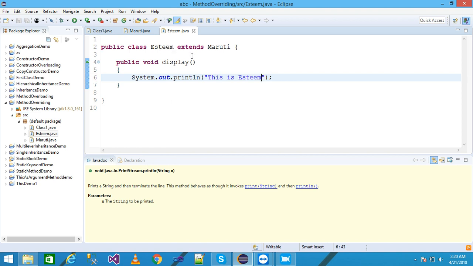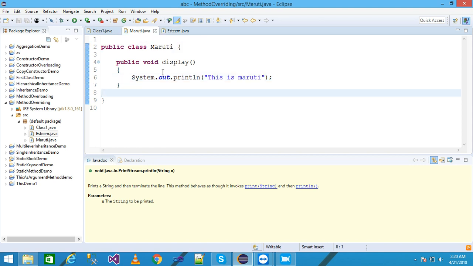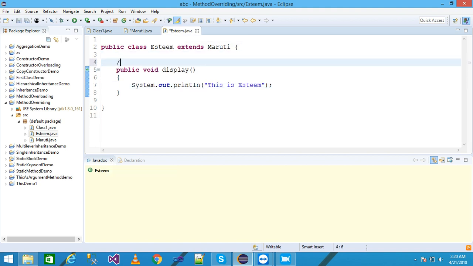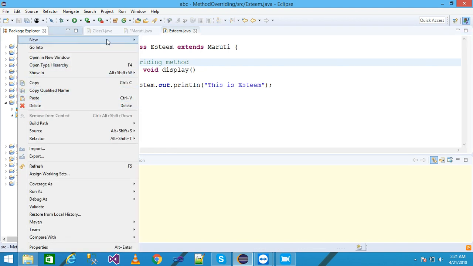Look here, the Steam class extends the Maruti class and overrides the display method of the Maruti class into the Steam class. The parent class method is called the overridden method, and the child class method is called the overriding method, and save it. Again, right click on the src, take a new class,